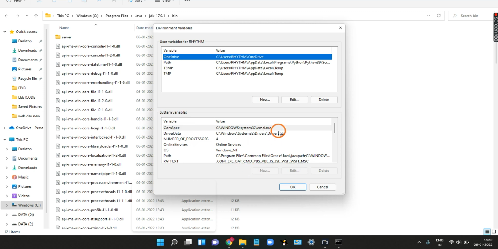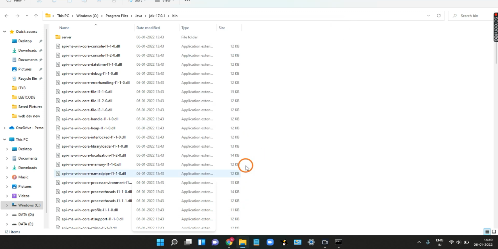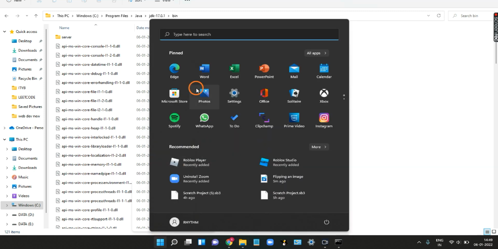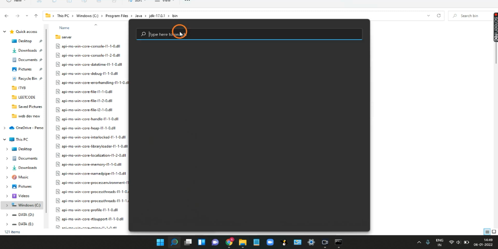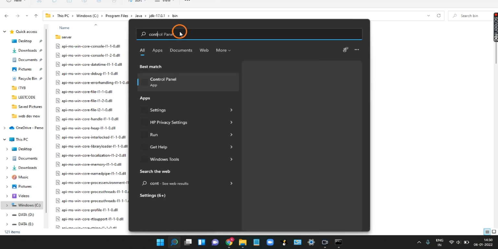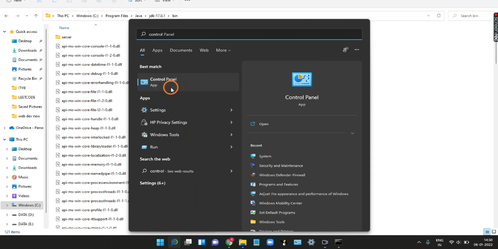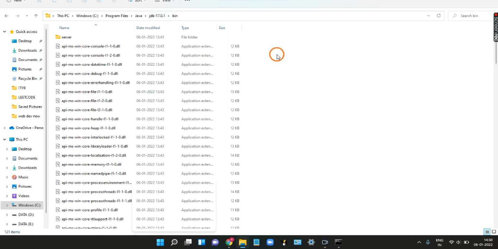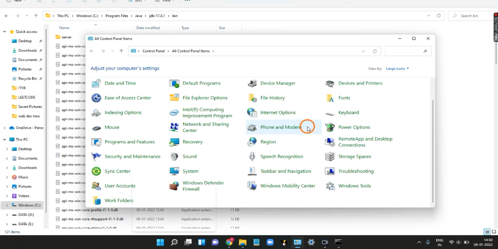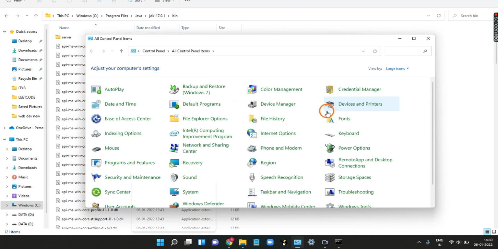So in order to get them, what you need to do is close this, click on start button, search here control panel, open the control panel. After that, select the system option here. Where is the system?